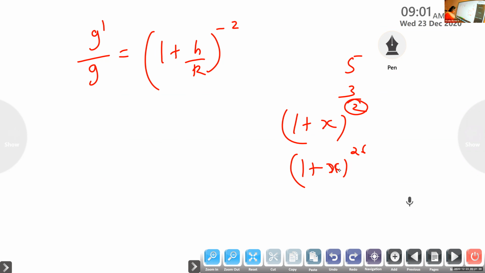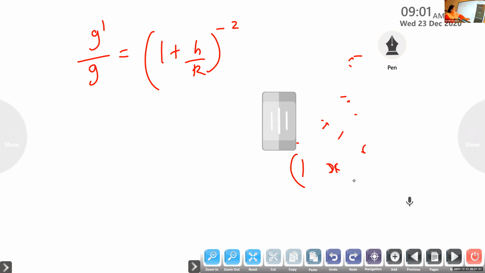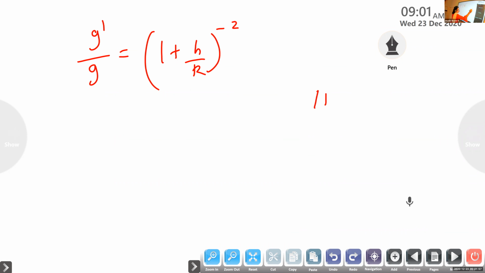Usually in plus one it is there. Now it has been deleted for you this year. But I just give you the equation. Only you have to learn that. So 1 plus x raised to minus n, here we consider h by r as x. So this is the standard formula of binomial expansion.